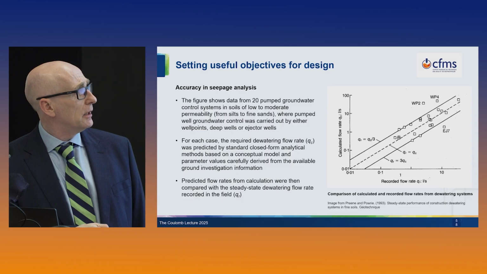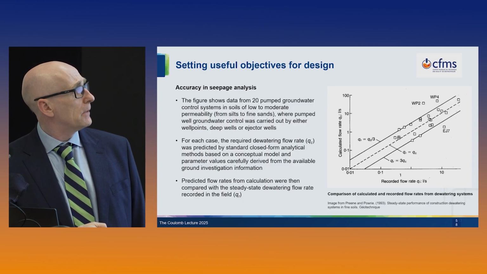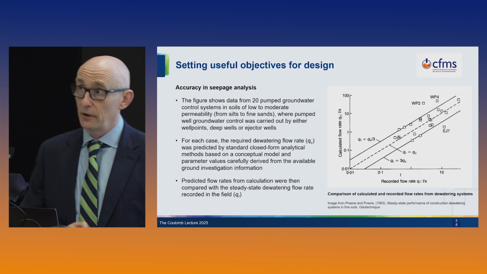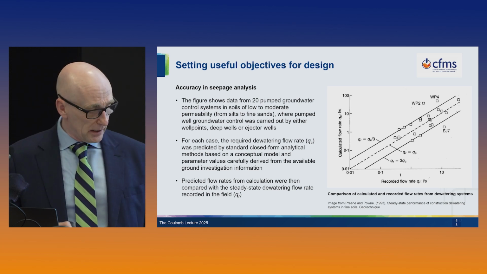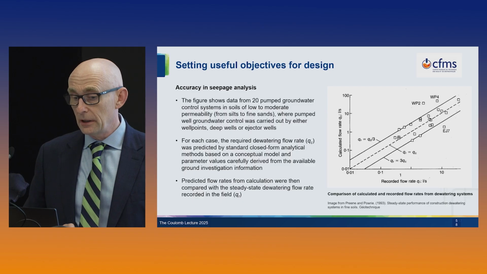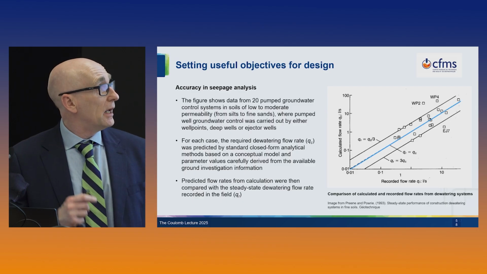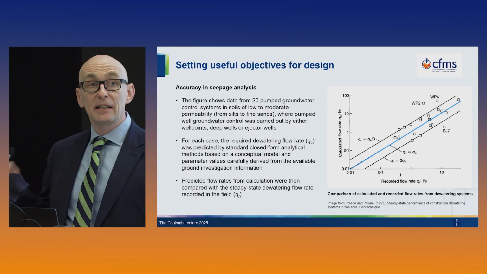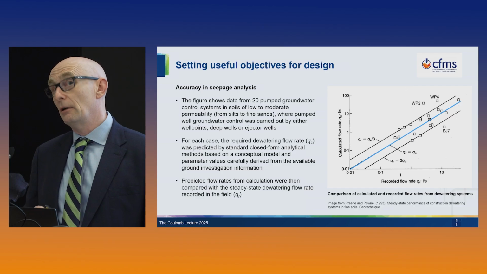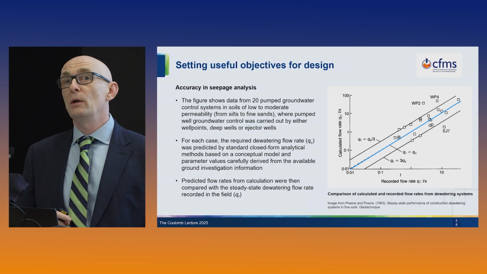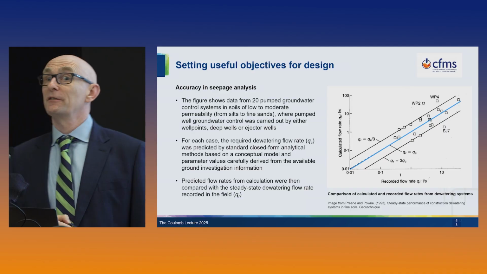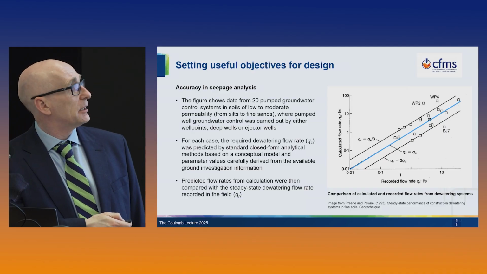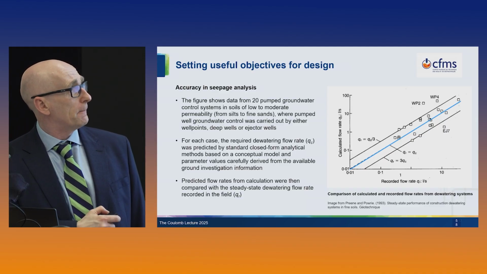It's on a log scale in litres per second, so 0.1 litres per second, 1 litre per second, 10 litres per second. The vertical axis is the calculated flow rate that we predicted, again in litres per second on a log scale. So I'll take you through it slowly. The blue line is where the recorded flow rate is exactly the same as the calculated flow rate. So in that case, we got our prediction exactly right. And we weren't terribly successful, were we? You can see there's a handful of our data points on that line.